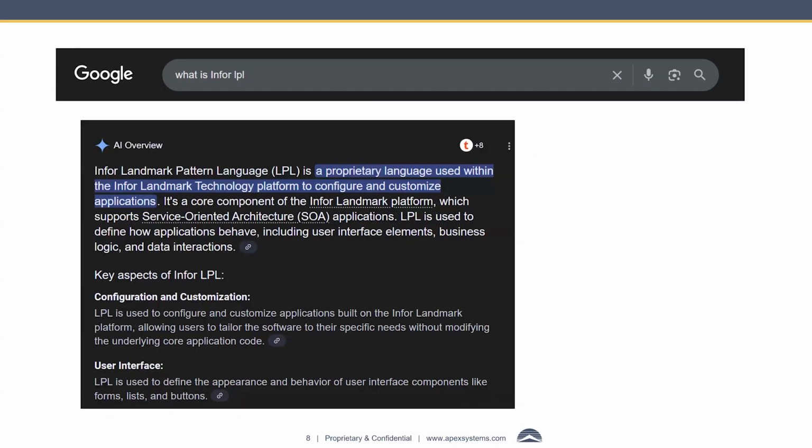And here's what it came up with. And I thought this is pretty good. So it says Infor LPL. It's a proprietary language used within the Infor Landmark Technology platform to configure and customize applications. I thought, well, that's great. That's exactly what this LPL is trying to do for customers in terms of customizing and configuring your